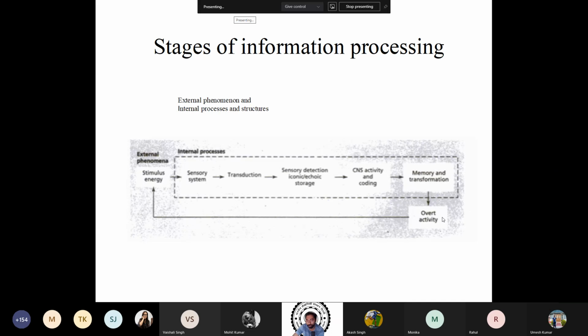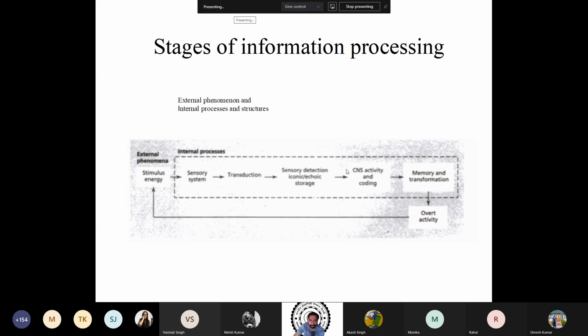And through that we have this overt activity. So whether you are saying something like pronouncing the letter, or you are recognizing the letter, or doing something with the letter or the word, or even a face, or it could simply be a spot of light, whatever you do becomes your overt activity, which of course again is back in the environment. So this is one very simple but sequential procedural way to think about how we go about processing information when it comes to sensing the world. Any question?